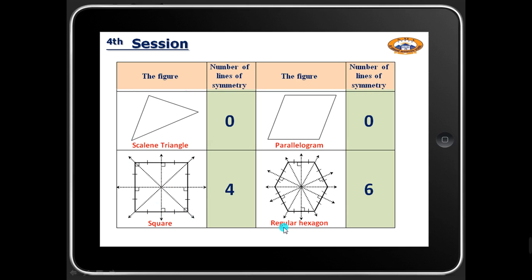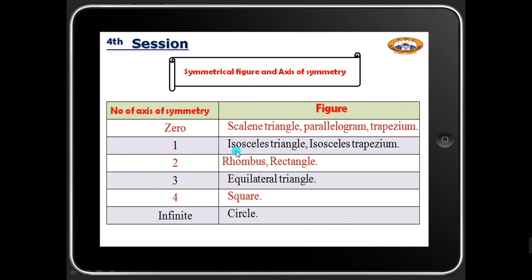And the regular hexagon, for example, has 6 sides, so it has 6 lines of symmetry. Okay, so here we have a table, just to help you memorize them: 0, 1, 2, 3, 4, and a very large number, infinite. So 0, scalene triangle,